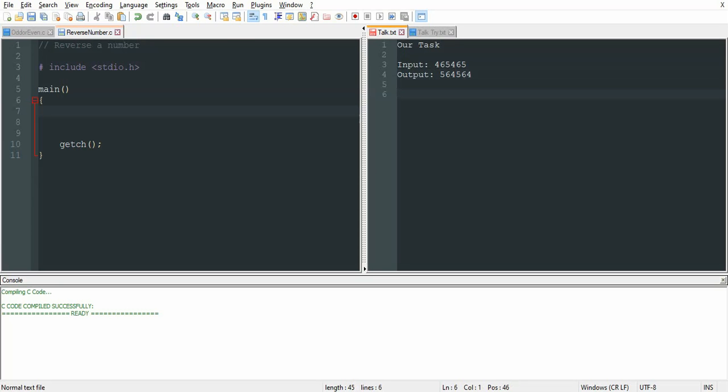Before proceeding with this problem, we have to know how the modulus operator works. Let's see that first.